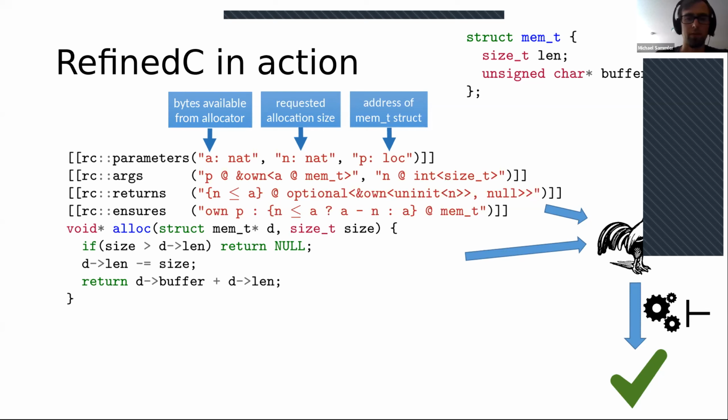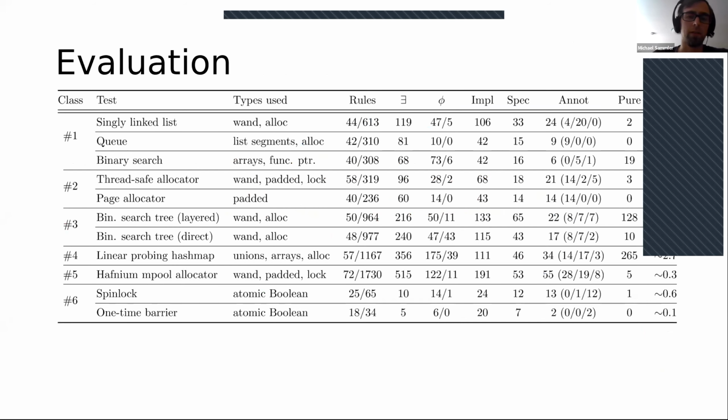Right, and for this program this works well, but we have not only verified small programs. This is the evaluation from the original RefinedC paper. We've verified a few smaller examples, also a bit inspired by what has been done in other tools: some simple data structures or various forms of allocators. The most complicated examples we verified are, on the one hand, number 4, which is a hash map with linear probing,